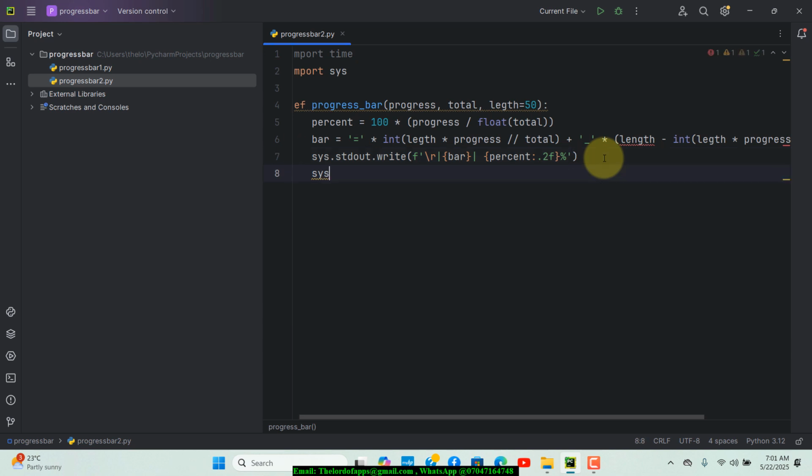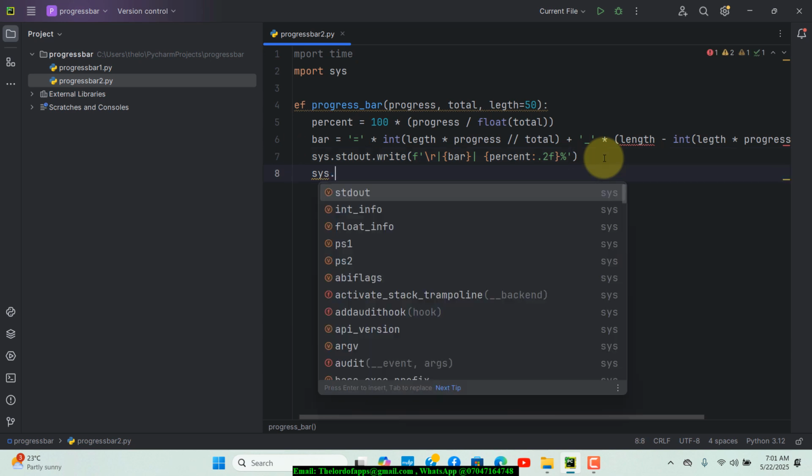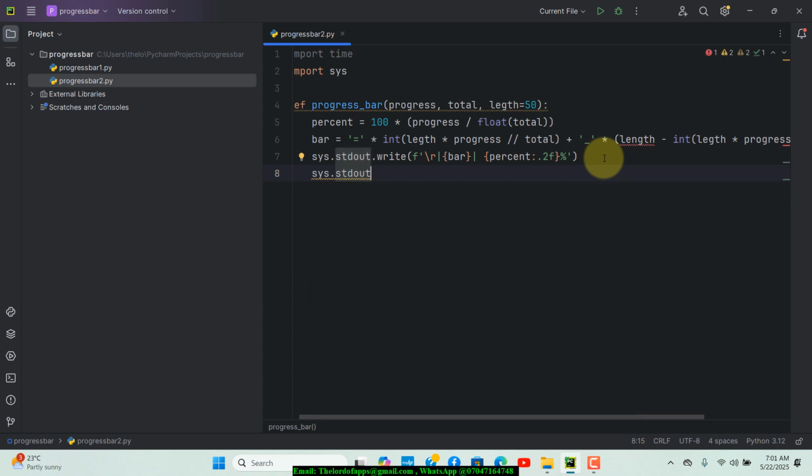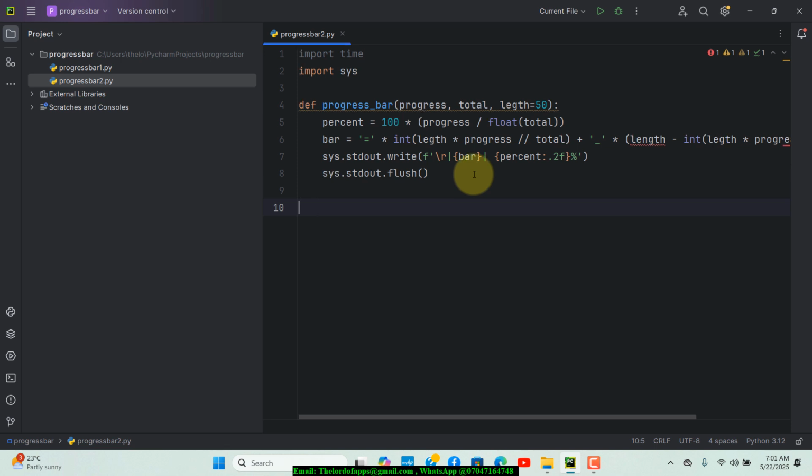So the next thing is to do sys.stdout.flush right here. So this is going to be flush. All right, that's basically what we'll have on that line. So the next thing I want to do is get onto a new line in here, and I want to show an example right here. So let's first of all put an